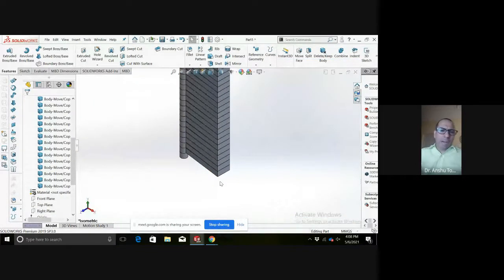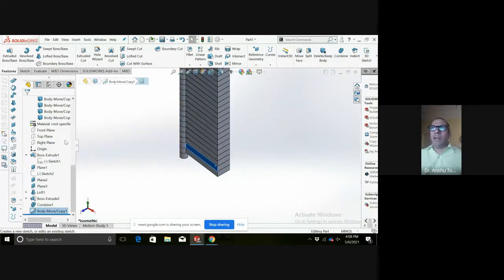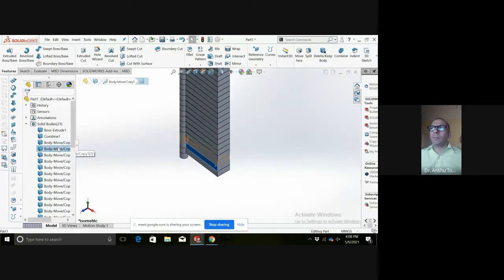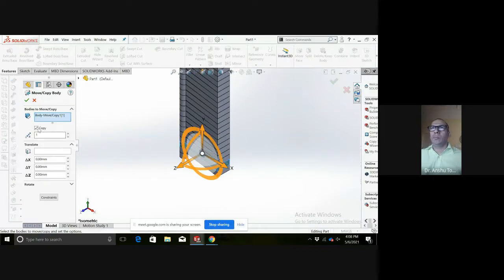So I will have to add this circumferentially each step. So I will be having how many bodies? This one is the first body. I will rotate it. We have got this vertical axis. So let us see if we can rotate it 16 degrees.